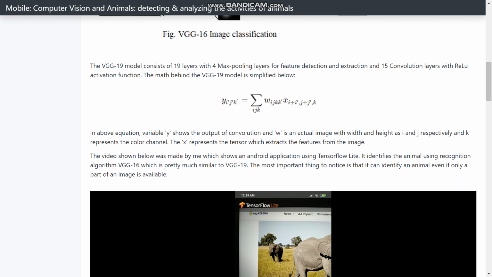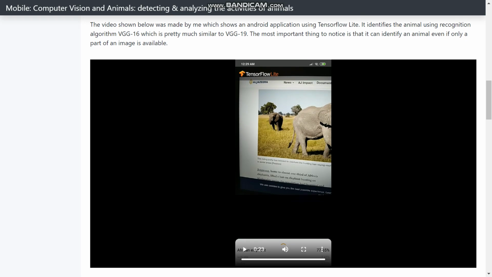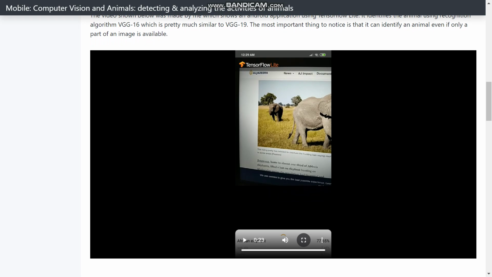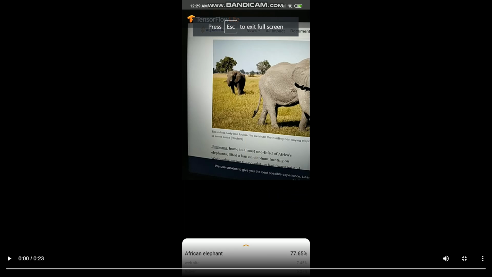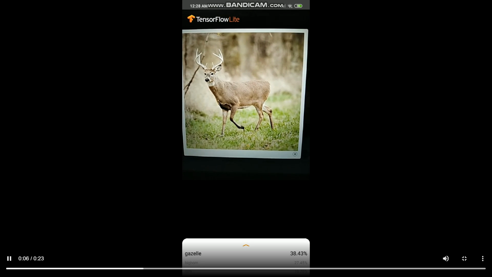After that, I have created an application in Android using the TensorFlow Lite API, which has a built-in data set, and it uses VGG 16, which is pretty much similar to the 19, except it has 16 convolution layers. Here it will show you which animal it is. I'm gonna play this video. So this is the application. This is the gazelle. As you can see at the bottom of this